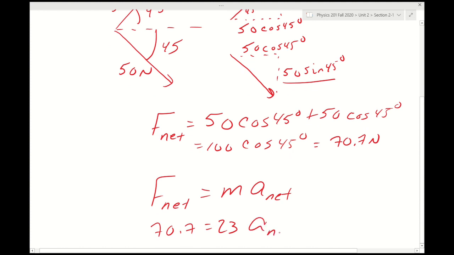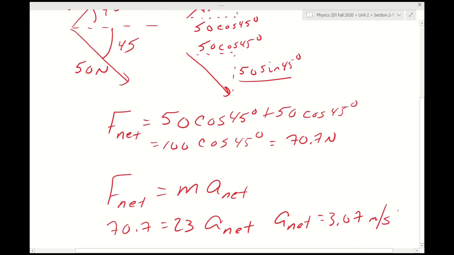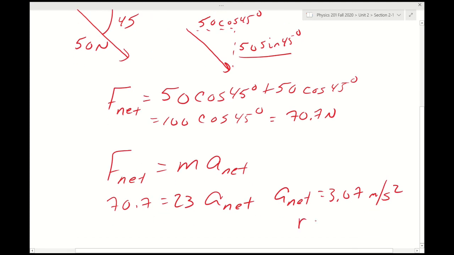And so our net acceleration is going to be 70.7 divided by 23, or approximately 3.07 meters per second squared. And based on our diagram to the right, or east,